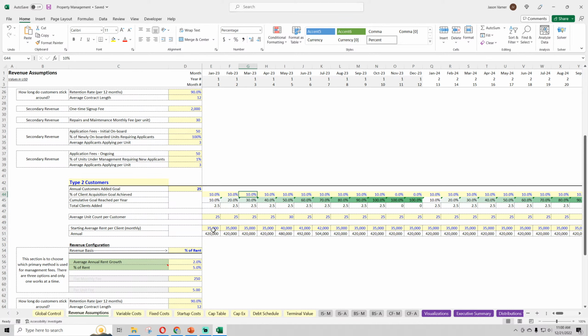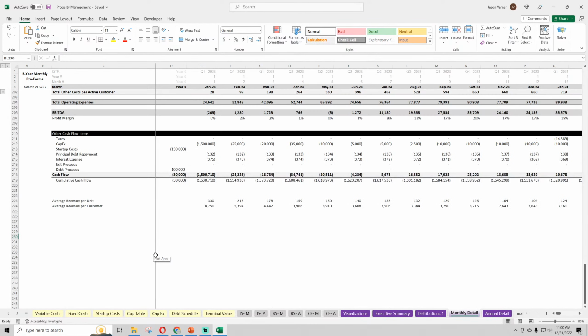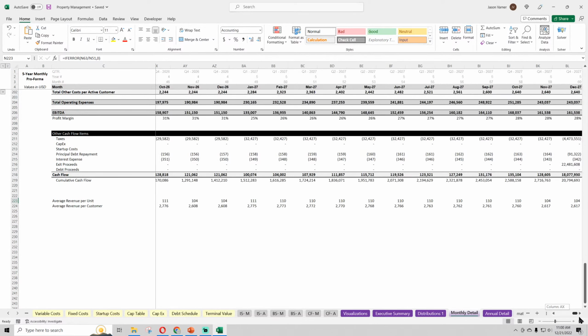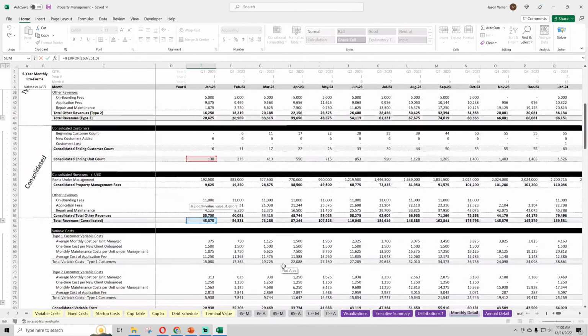So you're starting to build up customers over time. And the rent you're collecting, let's just look at the actual raw numbers. So it starts at 330 and then it kind of stabilizes around 100, 120. But it's so high right up front